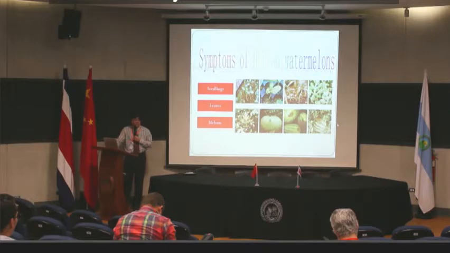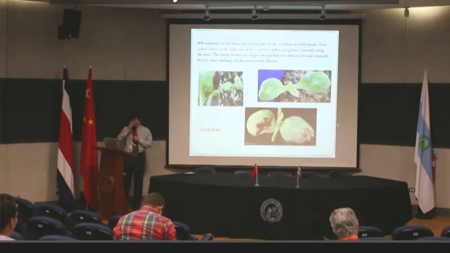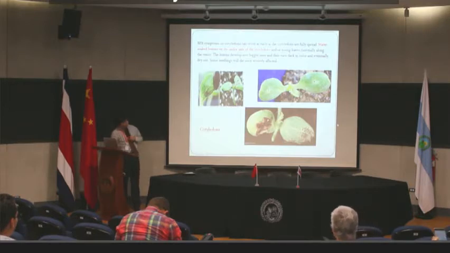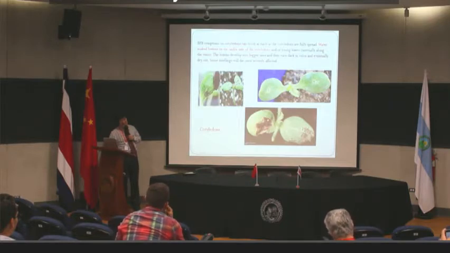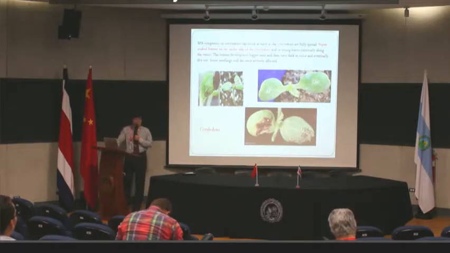Symptoms of BFB on watermelons can appear from the early seedling stage to the true leaf stage and even to the melon stage. Starting from the cotyledons, you can see some sort of lesions, like soaked symptoms, and later you can see patches of lesions on top of the cotyledons. The first sign of the lesions is called water-soaked lesions, which means the lesion is quite similar to some damage caused by hot water, especially on the upper side of the cotyledons,